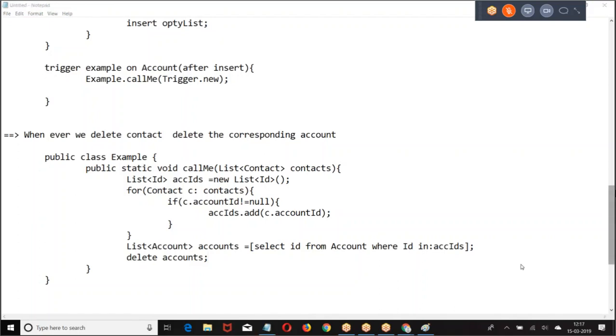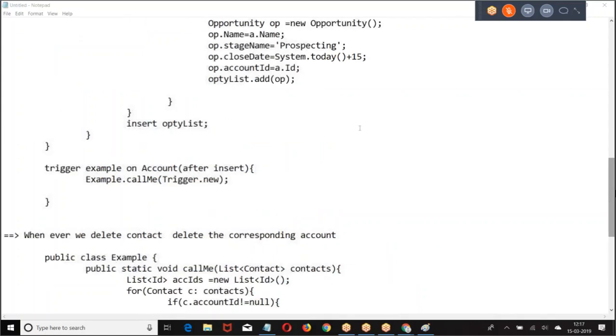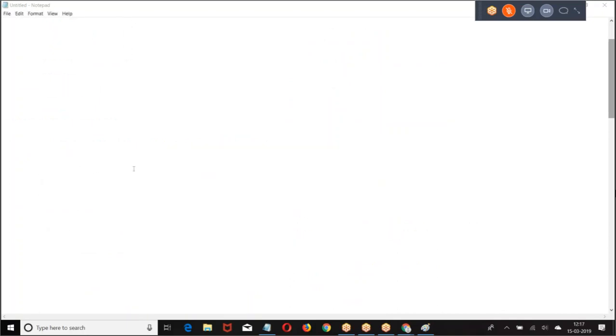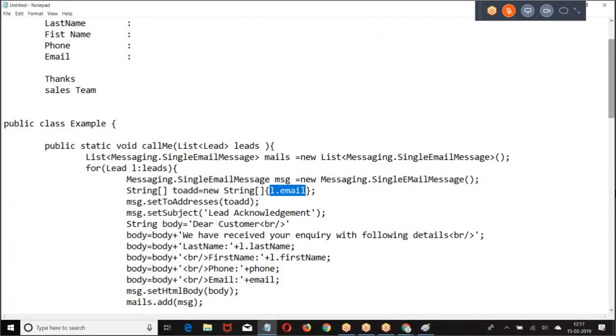Hi Satish. Yeah. Satish, in that email example, we have taken a string of emails, right? Can you explain what it actually is? How are we adding email addresses? Yeah, lead is there, no. Lead dot email, I'm adding to the to address. Why is that string with open braces and close braces?